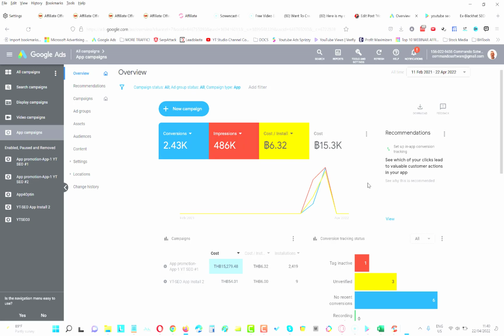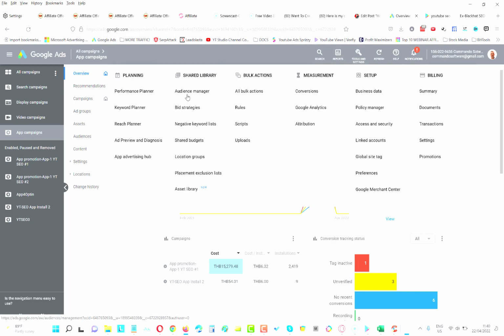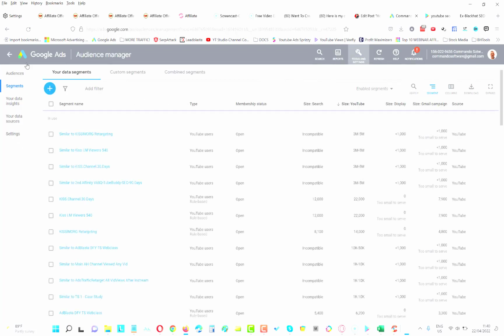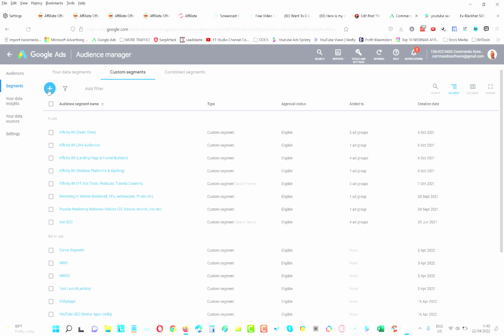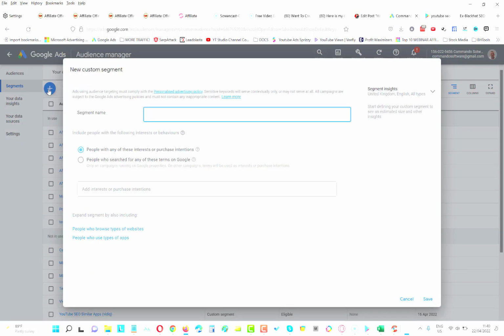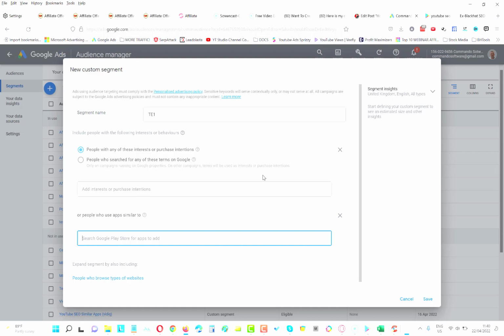So for example, if I come in here, go to tools and settings, I go into my audience manager, and you can see at the top here I've got segments. I can choose custom segments, and I can choose here to add a custom segment. I can give it a name. I'll just call it TE1 just for simplicity. When we come down here, you can see I can expand my segment by people who use types of apps. If I click on that and I go and find an app that I want to target,